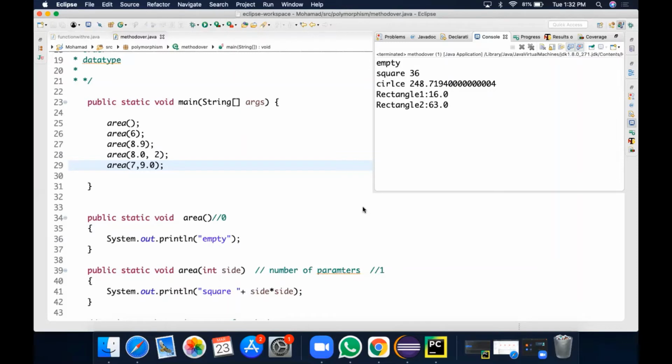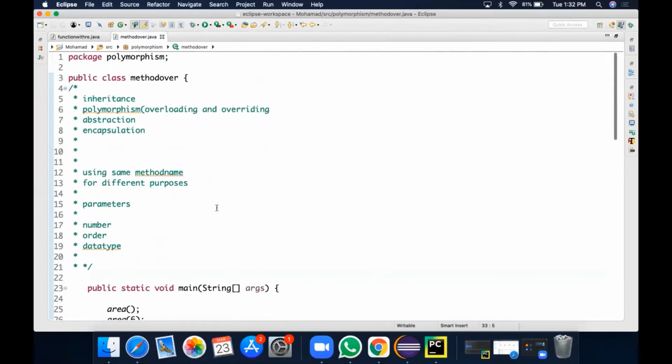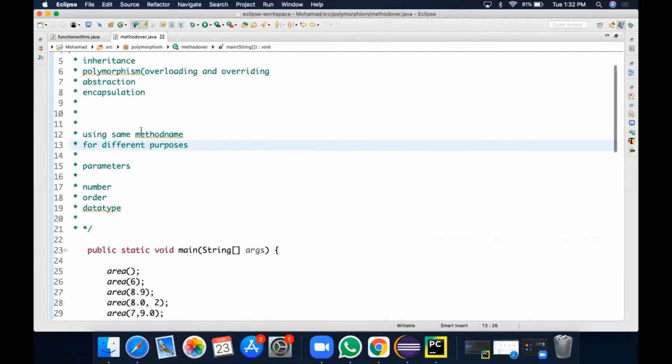So this is the overloading concept, using the same method for different purposes, showing the difference in number of parameters, data type, or sequence of parameters. This is overloading, and it is applicable for constructors too. So let's see that. We have seen functions with return type, and we have seen the overloading concept, that is, method overloading we have finished. You cannot show the difference between two methods in data type or return type. You must show the difference only in parameters. It can be in number, in data type, or in sequence.